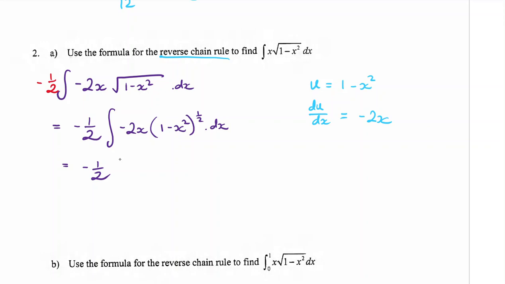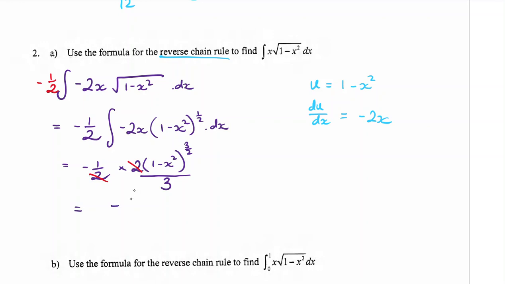I keep this bracket, add 1 to the power, divide by the power. So it's 1 minus x squared. Adding 1 to the power is 3 over 2. And I'm going to divide by 3 over 2, but what's my shortcut? Flip that fraction to be a 2 on the top and a 3 on the bottom. And then plus your c, or we'll do that on the next line. To bring that together, I can cancel 2 on the top with 2 on the bottom. So my answer would be